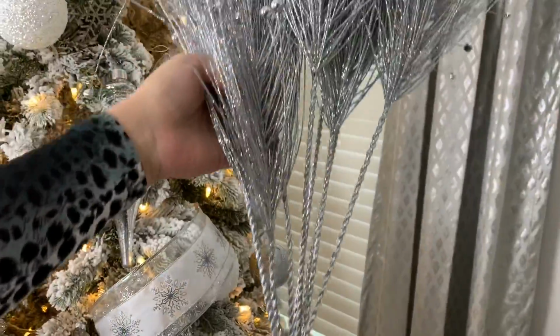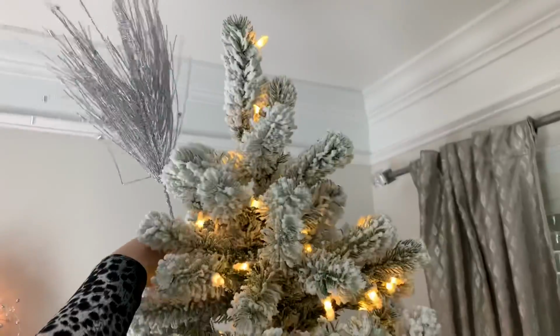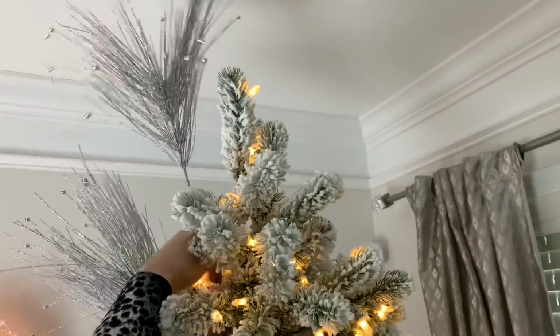For the finishing touches on the tree, I wanted to have something really glam and make a statement to complete the look I was going for, so I made my own tree topper. The picks are from Hobby Lobby. This was super simple to do. Honestly, I had no idea if this was going to look like what I had pictured in my head, but